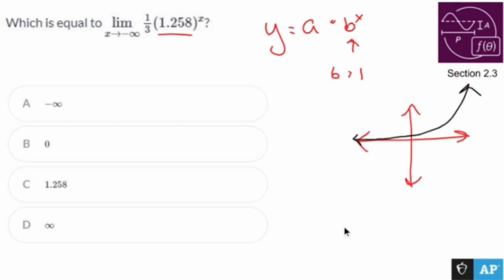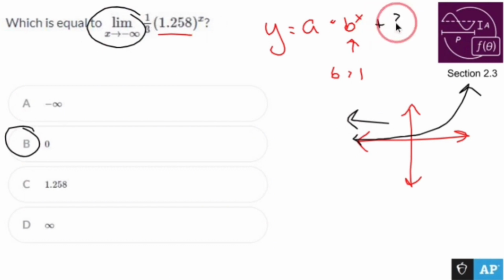give or take. Now, what I don't see here is I'm not adding or subtracting anything. So I'm going to 0 as I move to the left and positive infinity as I move to the right. What do they want? They want me to move to the left. So as I move to the left, I flatten out at 0. Nothing crazy there. Just because that's a 1/3 doesn't mean anything. The only thing that would change this is if I add or subtract a number here. That would shift it up or shift it down. But shifting it left or right makes absolutely no difference because I would still end up at 0 all the